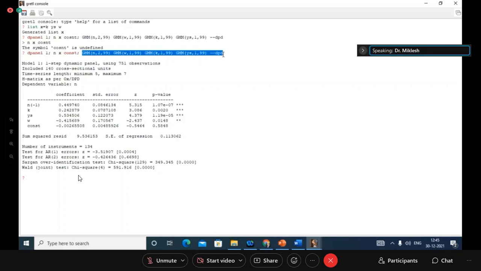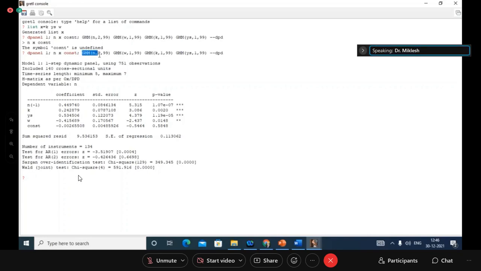Now, what is this? GMM, generalized method of moments. It says treat all IDVs as instruments. Again, I'm repeating: treat all IDVs means the lag of IDVs. Treat the lag of IDVs as instruments. For example,